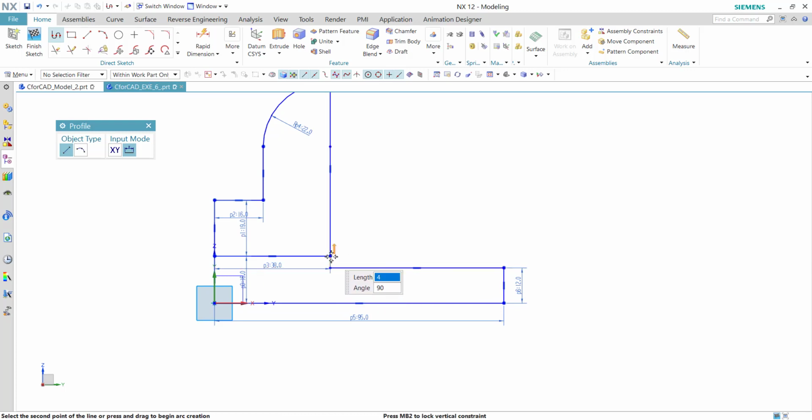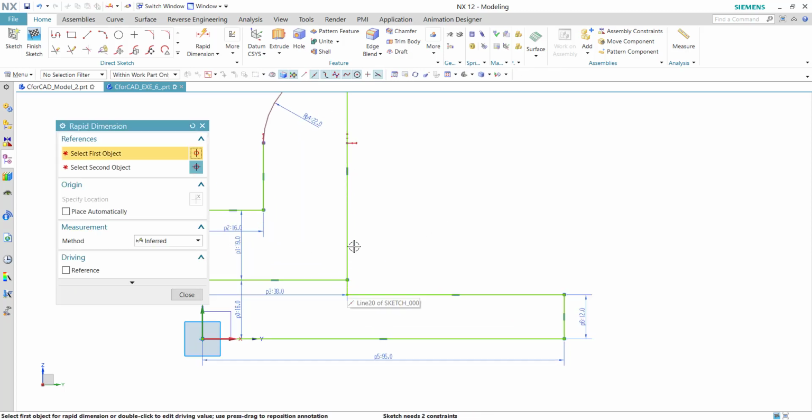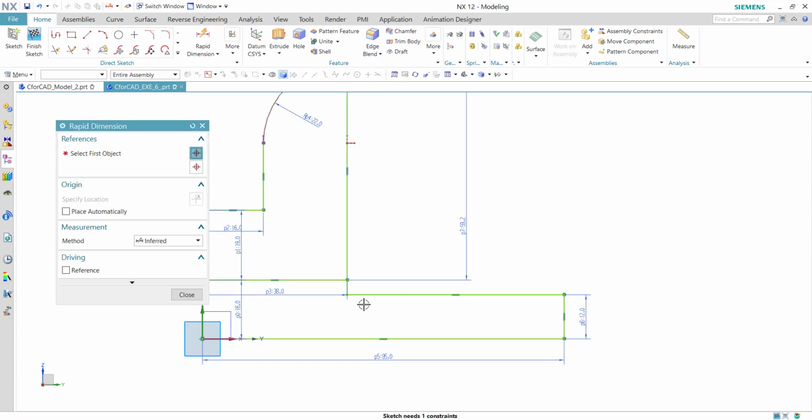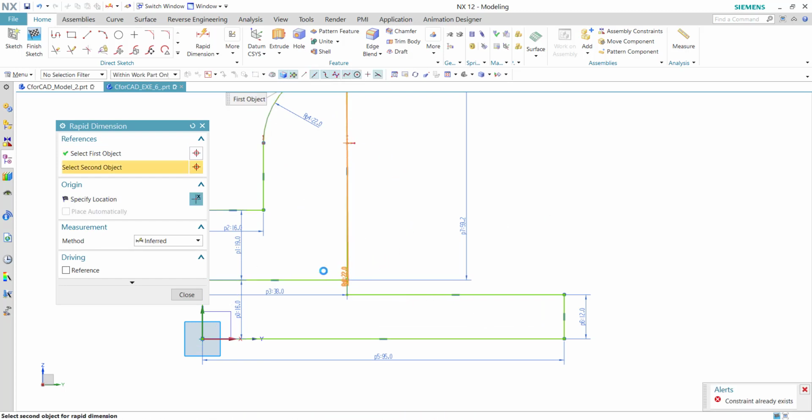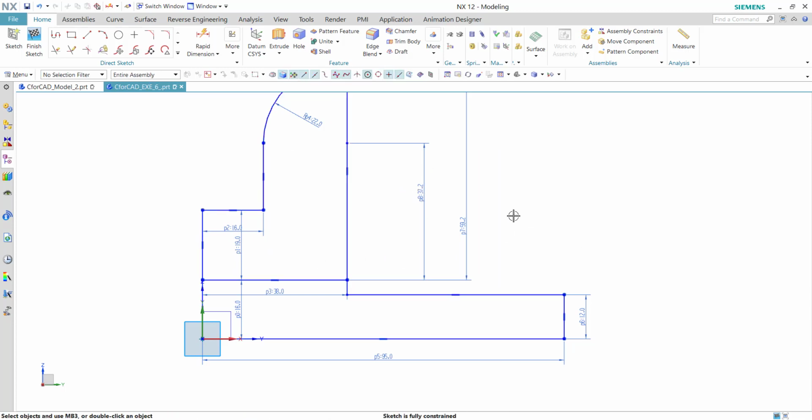And connect this. Now give the dimensions. So our sketch is fully constrained.